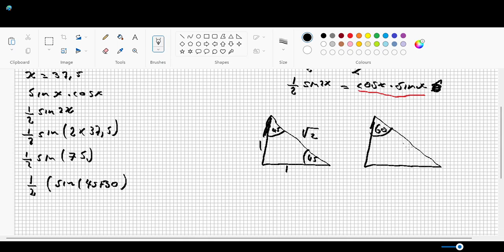We have 60 here, and here we have 30, and then we can say this is 1, this is root 3, and that is 2. This is root 3, and that is 2. Right. So we can use these special angles to solve this using the compound